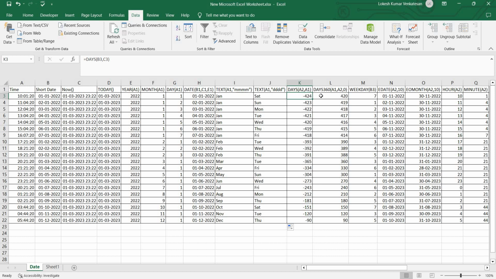Okay, and the DAYS360 formula. In case you want to calculate the difference between 2 dates in a 360 day year, you need to use the DAYS360 formula. It works same as the DAYS formula only, but it will count the year as 360 days only. Okay,